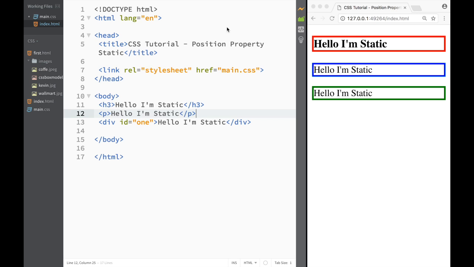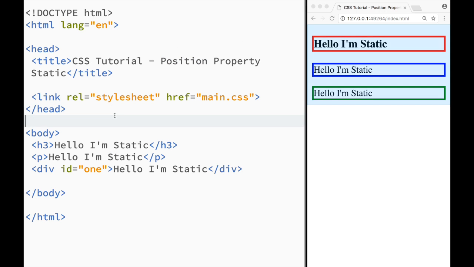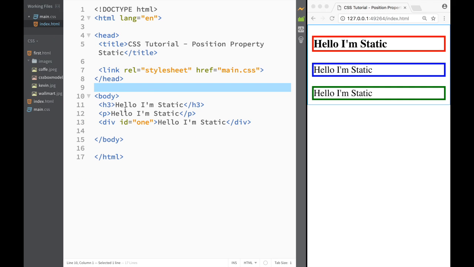In this video we're going to talk about the position property in CSS, and the first position property value that I want to talk about is actually the static position. And what I mean by that is when we're dealing with the position property in CSS, there are going to be multiple values. Elements right now in HTML actually are in a static position